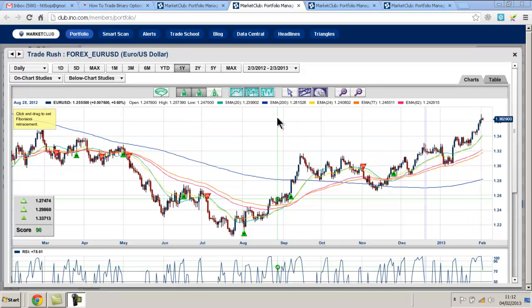Okay guys, so let's get into how we're going to get our signals from this chart. The first thing we need to know is the dollar index. The symbol for that is DX, so I suggest you put that into your market club. This is very important. You have to understand the concept